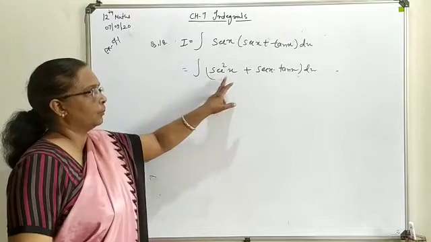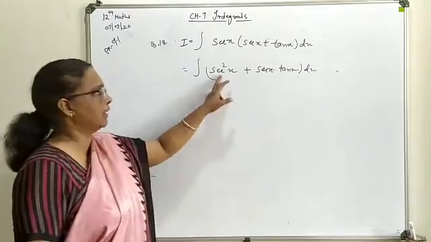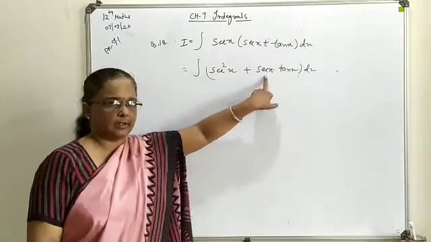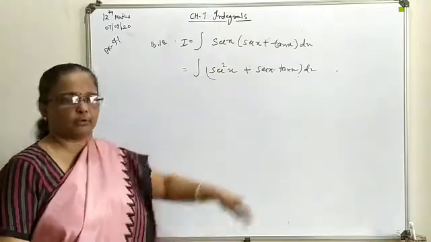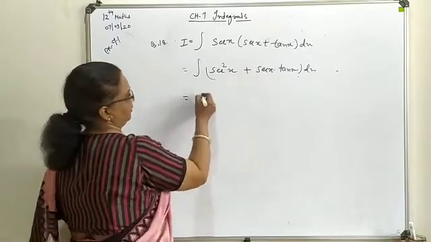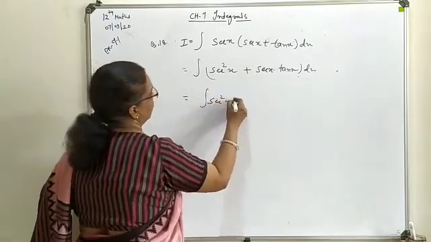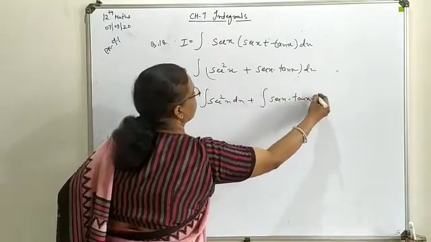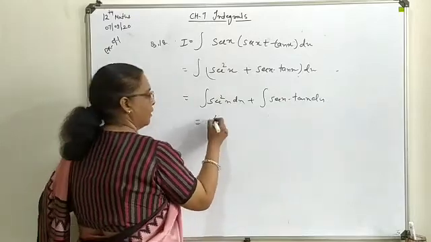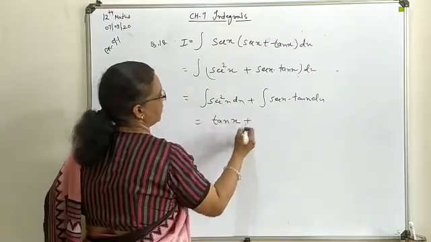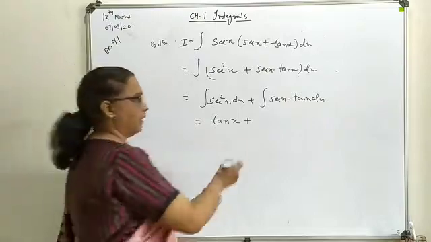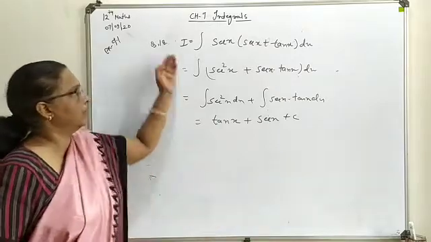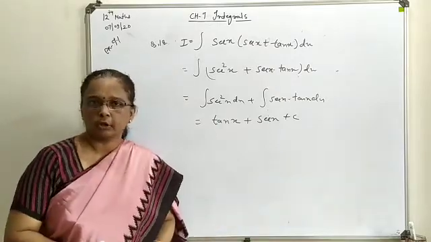Now for both we have the integration formula. Integration of sec square x is tan x, whereas integration of sec x tan x is sec x. So for both we will write its integration form, sec square x dx plus sec x into tan of x. Integration of sec square we have listed as tan x. Integration of sec x tan x we have written as sec x, and this is constant. So this will be the integration for the given combination.